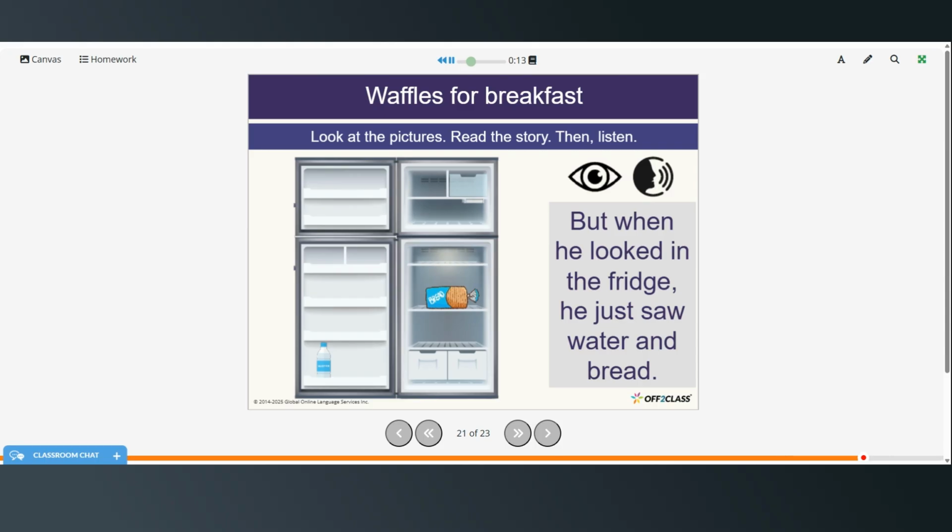But when he looked in the fridge, he just saw water and bread.